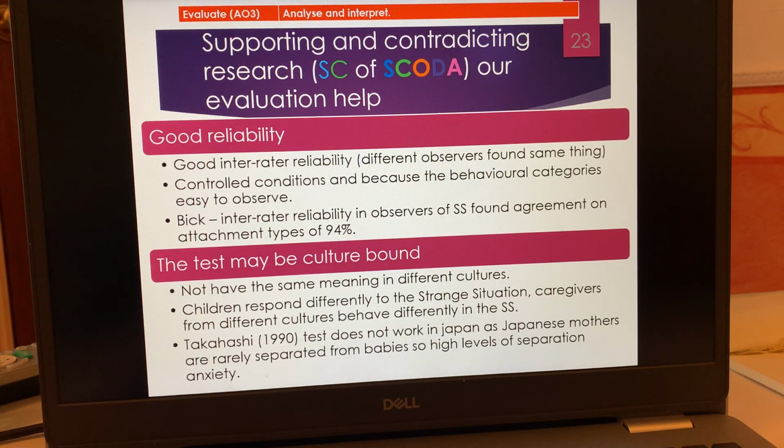And then I have a couple on here to talk through, just because we haven't really looked at reliability in a lot of depth as of yet. So something is reliable, it's consistent. And we can say that the strange situation procedure is consistent within itself. So it has something called inter-rater reliability. Inter-rater just means that 2 or more observers have agreed that what they are seeing is the same. If you've got one person viewing something, it's going to be completely different than if you have 3 or 4 people viewing it.